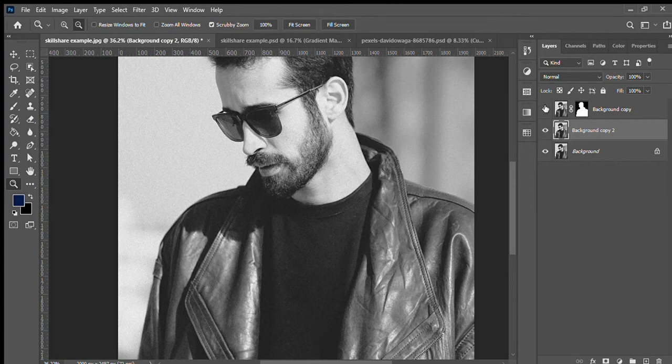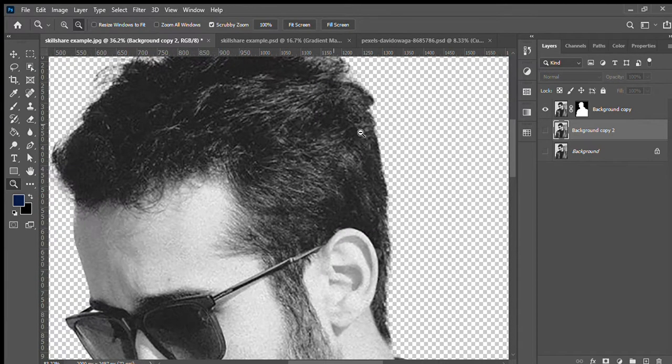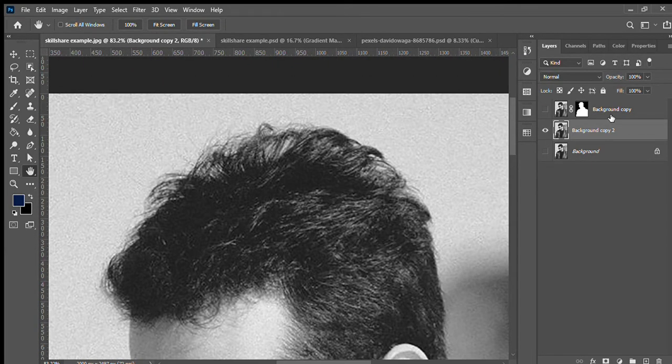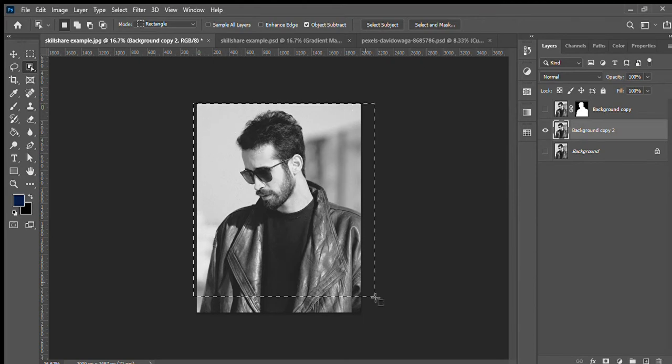Okay, so that was the first method. Pretty good result so far with the hair. Let's try the second one with this one. Okay, so the next tool that we're gonna use is the object selection tool, which came with the 2020 version of Photoshop, if I'm not mistaken. It's pretty similar to the rectangular selection. Just click and drag to select your subject,